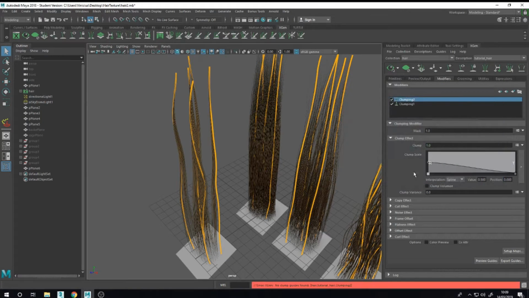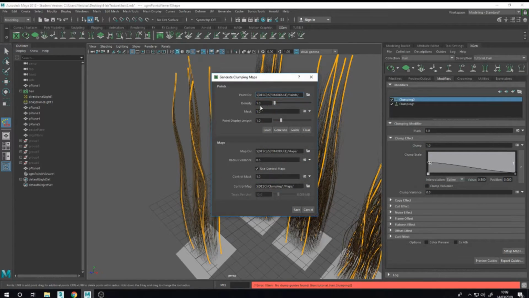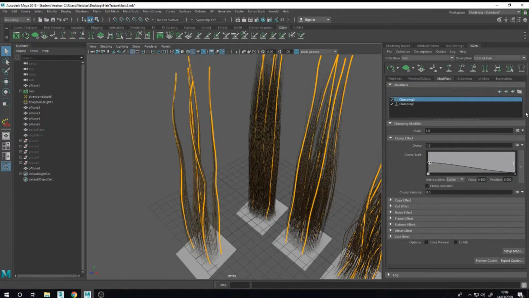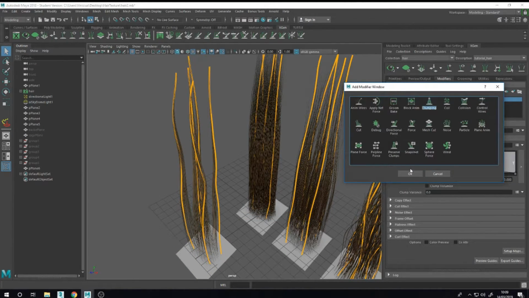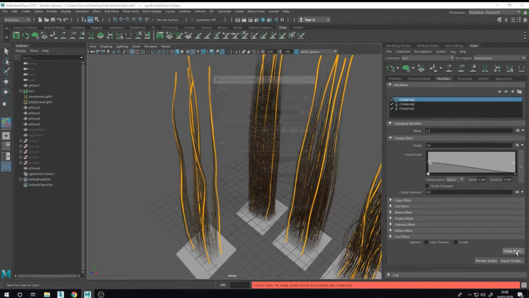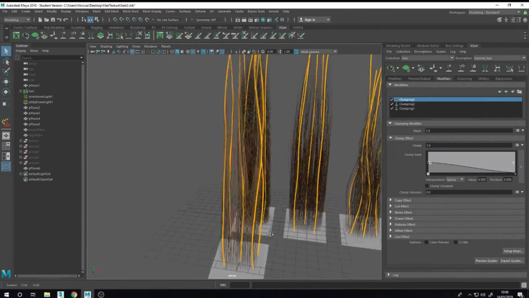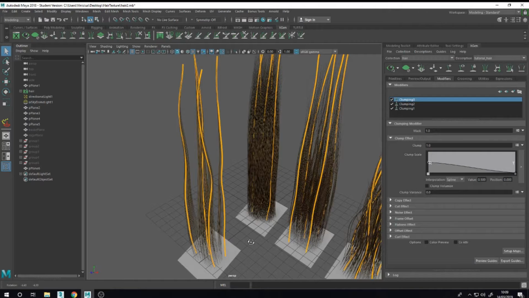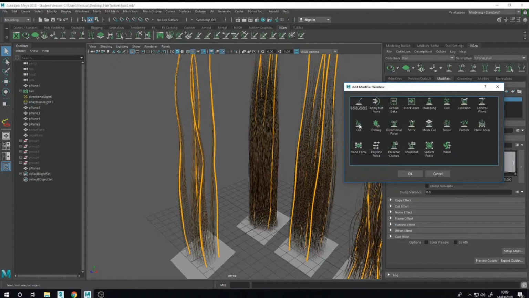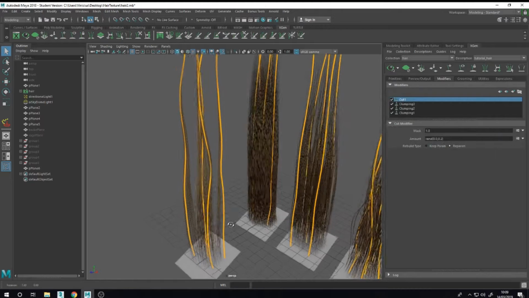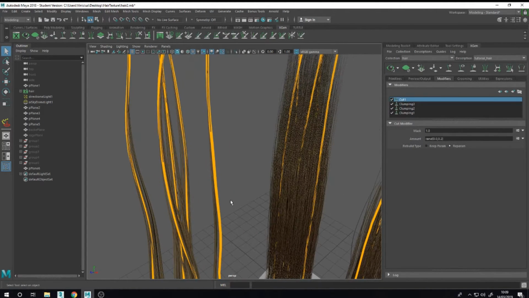Clumping two, like 4 density generate. And 3, the double. Okay, yes, it's good. Add some cut to have more variation on the tips.